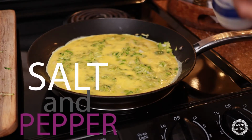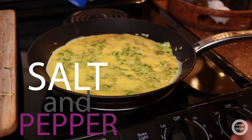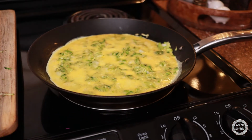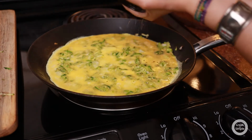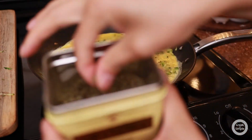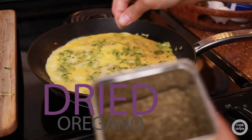I'm going to add some salt and some fresh pepper, some dried oregano that I have here,